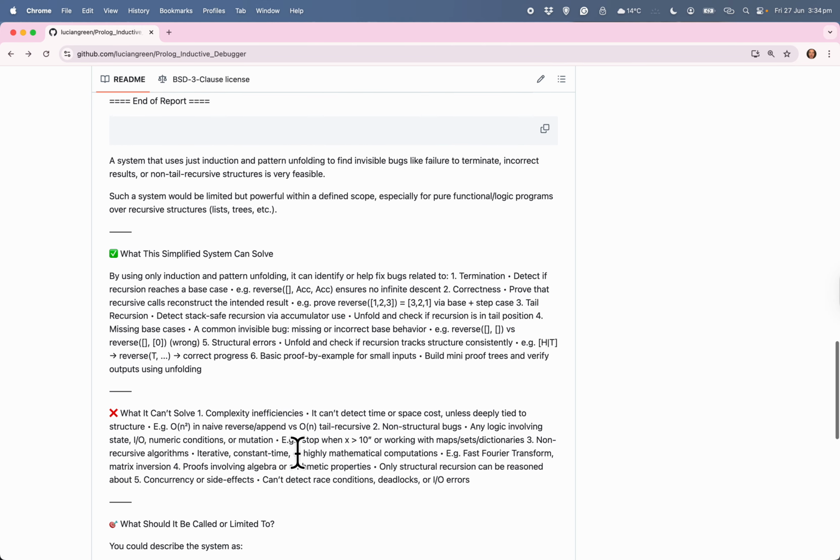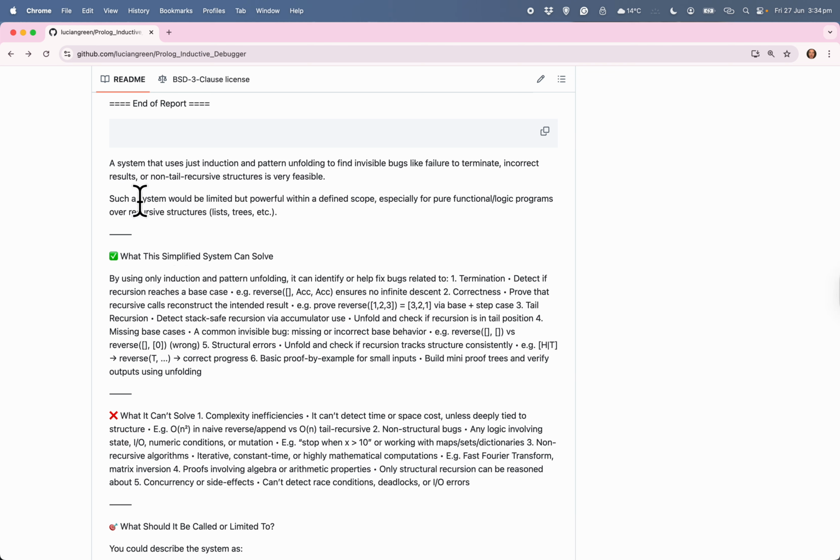So, and then it goes on, where it mentioned it uses induction and pattern unfolding, and it says this simplified system can solve, using induction and pattern unfolding, bugs related to termination and those things, like correctness, tail recursion, missing base cases, structural errors, and what it can't solve: complexity, inefficiencies, non-structural bugs, any logic involving state, I/O, numeric conditions or mutation,